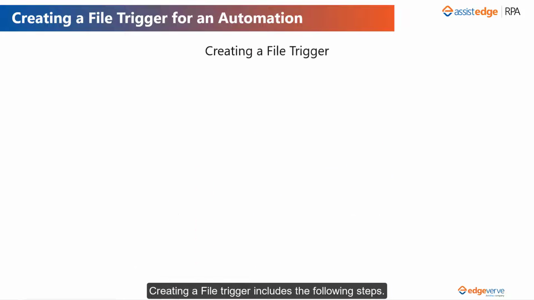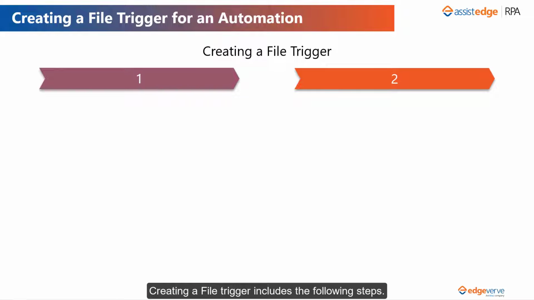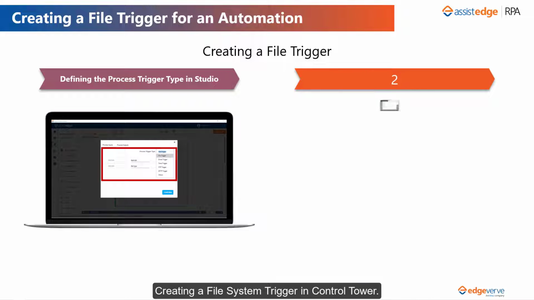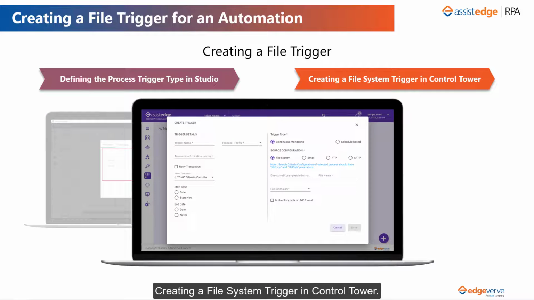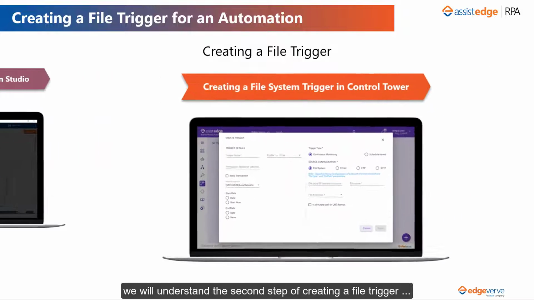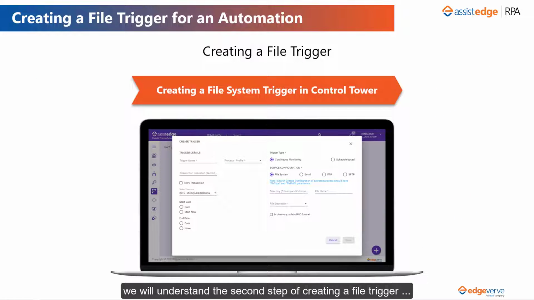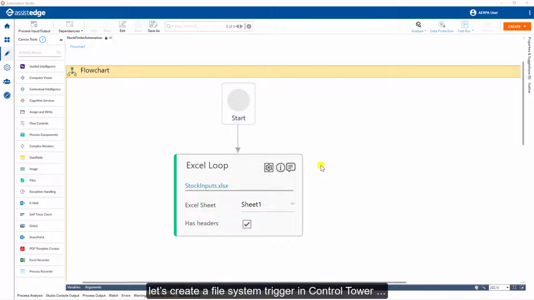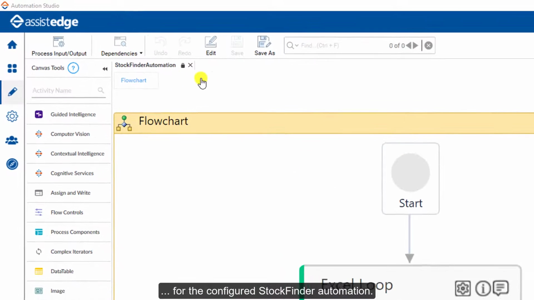Creating a file trigger includes the following steps. Defining the process trigger type in Studio. Creating a file system trigger in Control Tower. In this video, we will understand the second step of creating a file trigger that includes creating the file system trigger in Control Tower. In this example, let's create a file system trigger in Control Tower for the configured stock